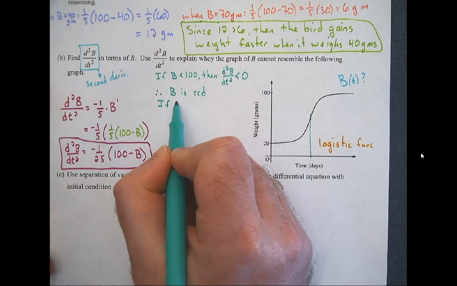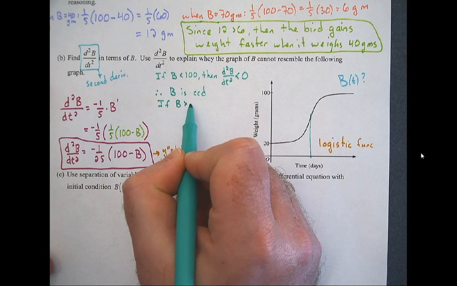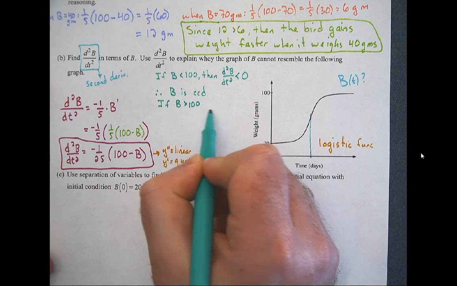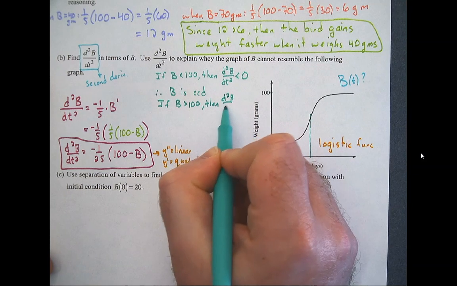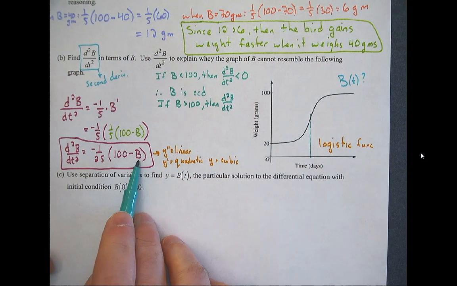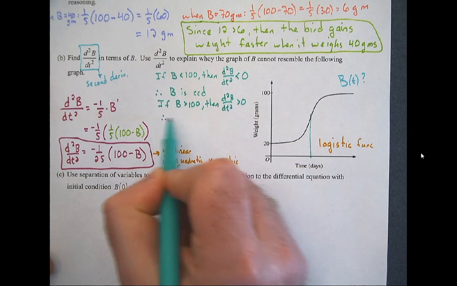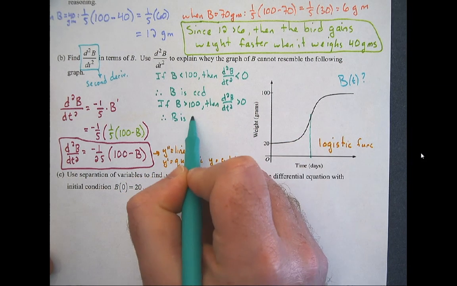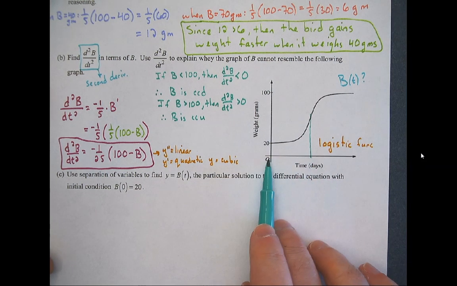if b is greater than 100, then the second derivative. So if this is bigger than 100, this would be negative times another negative would be a positive. Therefore, b would have to be concave up for that section. So everything after 100, so